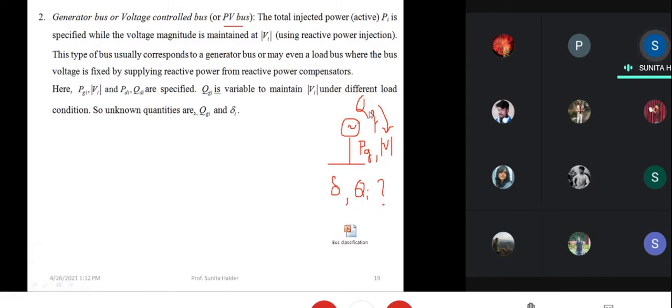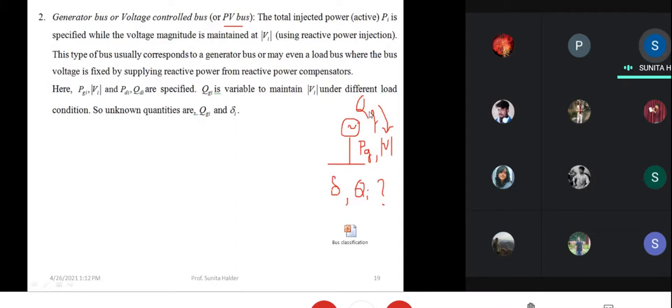So if the voltage is higher, then we have to reduce the inductive generation. But we cannot reduce because it has reached its minimum value. So in that case, this generator will no longer be able to maintain its output voltage. So its generation will be QG minimum and PG, and its voltage will be variable because it cannot reduce its Q beyond the minimum rotor current. So how can we take this physical phenomenon into the numerical calculation in load flow study?